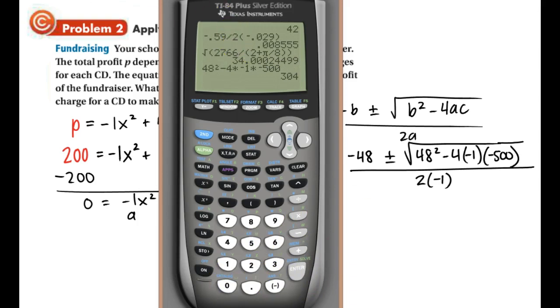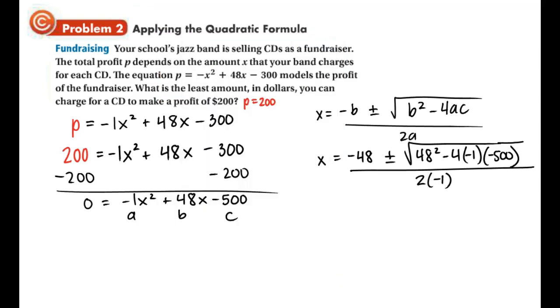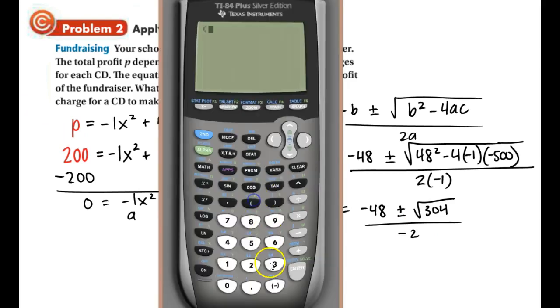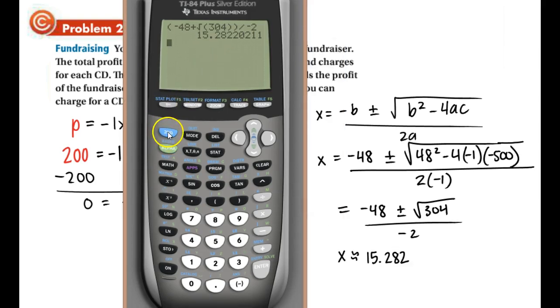When multiplying and combining, I find out that the number 304 is under the radical. Now we want to find an approximate solution for when we use the plus sign as well as the negative sign. We find out the first solution, that x is approximately equal to 15.282. For the second solution, you can just copy what you had originally, and then just go over to the plus sign and make it a minus sign. We find out that the other solution is approximately